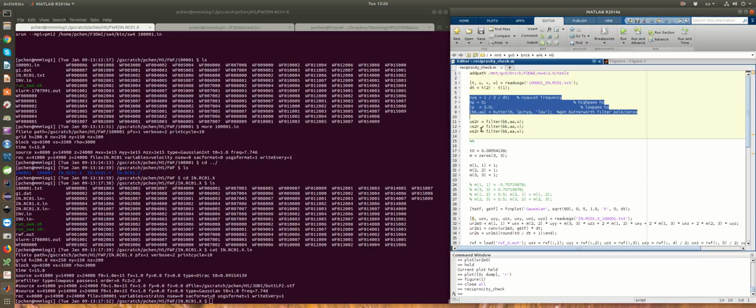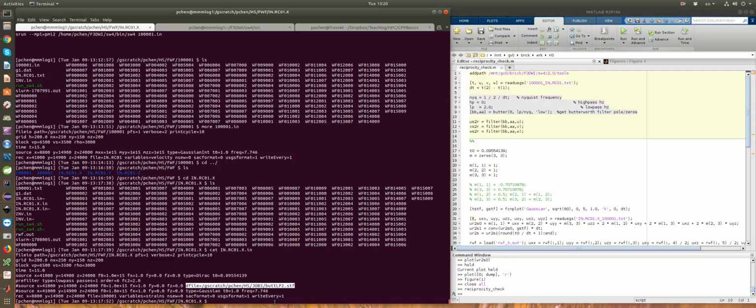And that's going to give me the time history of a Butterworth low-pass filter. So I just use those lines to create the filter, and then use the filter to filter an impulse to create the time history for the source time function. That's what I tried at the beginning